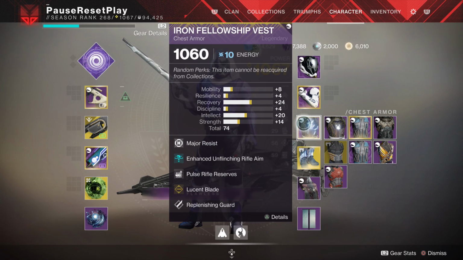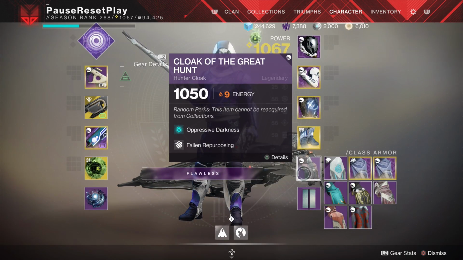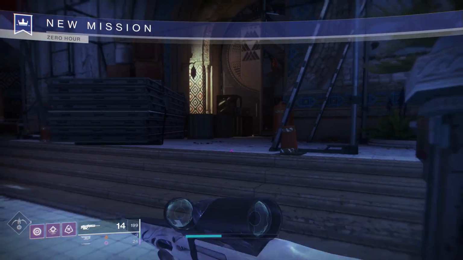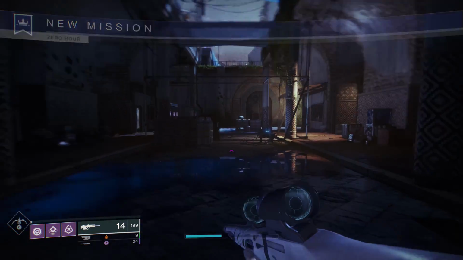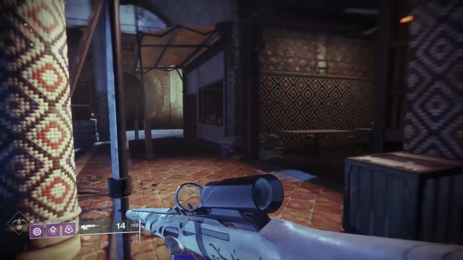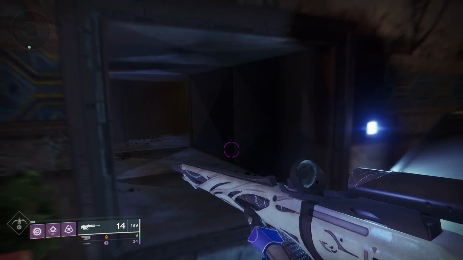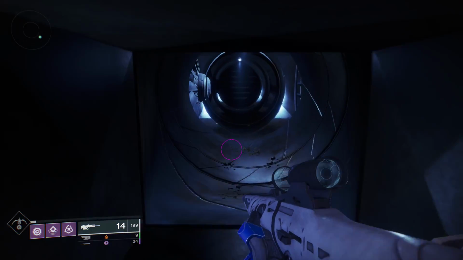That's one of the new mods from this season. And I'm using Oppressive Darkness. So I'll mainly be taking advantage of those Fallen mods from the Scourge raid. I know they're tough to get. I would highly recommend going into that raid and trying to get those if you can. I know the drop rate is pretty abysmal, but if you're fortunate enough to get them, they do make a